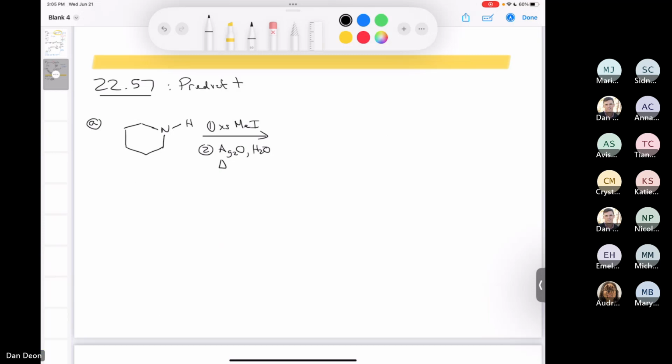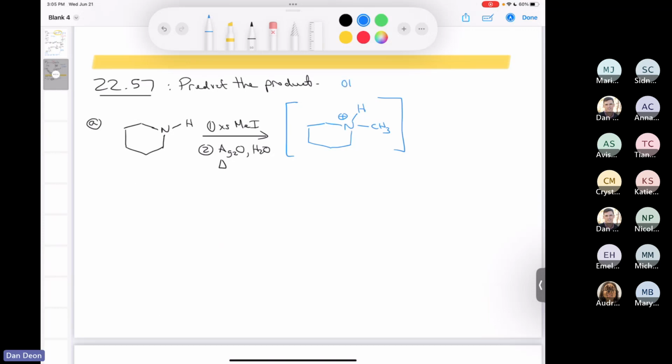Predict the product. So this is Hofmann elimination conditions. Well, there's no Zaitsev product to even worry about here, is there? It would be impossible. But we could write down the intermediate that would be formed, couldn't we? And remember, you get exhaustive alkylation with your methyl iodide, so that's going to make this ammonium ion here like this, okay? And then you swap out the iodide for the hydroxide, so you end up getting silver iodide precipitating,